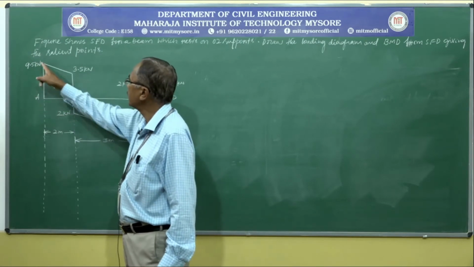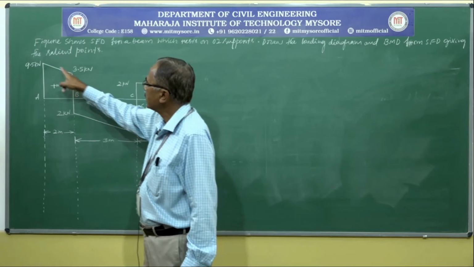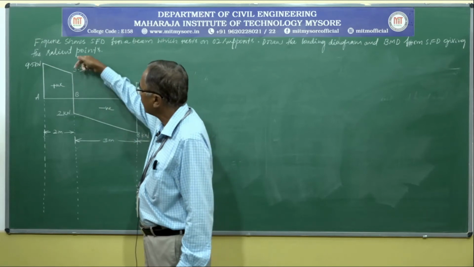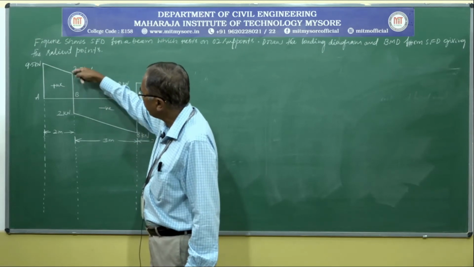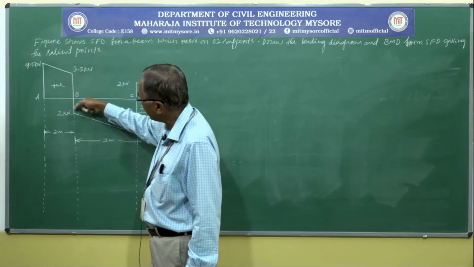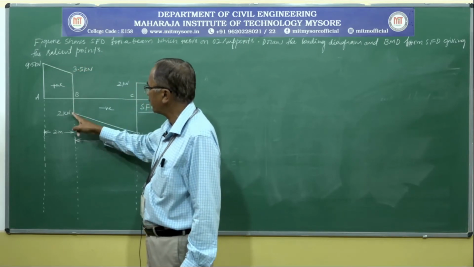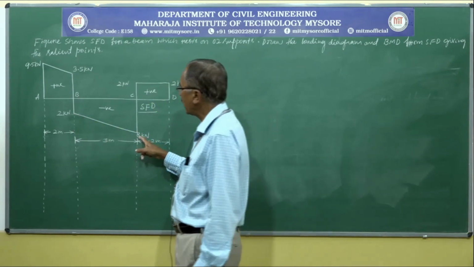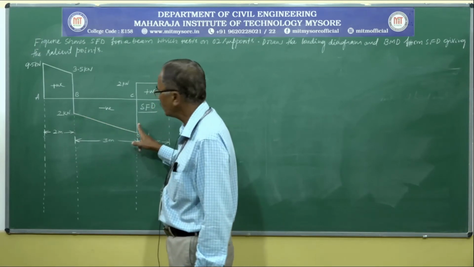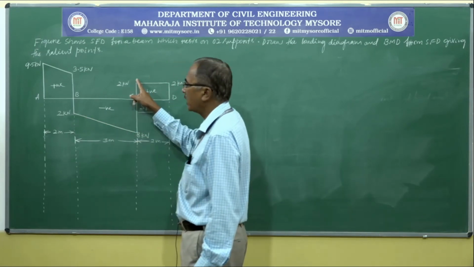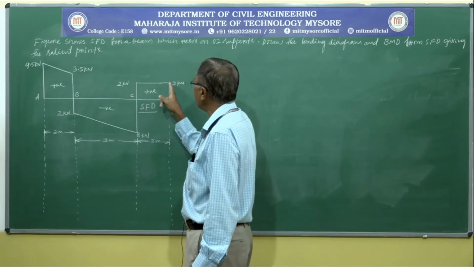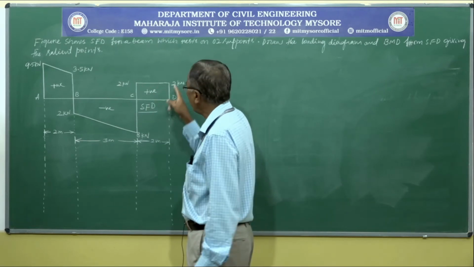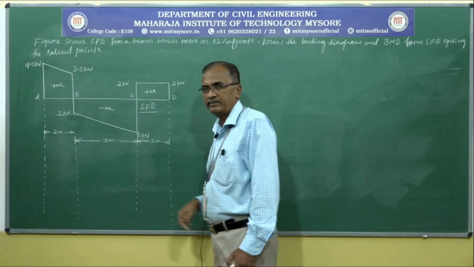Again between A and B you can see an inclined line. So this inclined line indicates there must be uniformly distributed load, linear line, and again at point B there is a sudden vertical line that indicates another point load. Between B and C again there is a linear line, this indicates a uniformly distributed load. At point C there is again a vertical line, a point load. Between C and D the horizontal line shows no loading condition. At point D there is a vertical line, a vertical load.